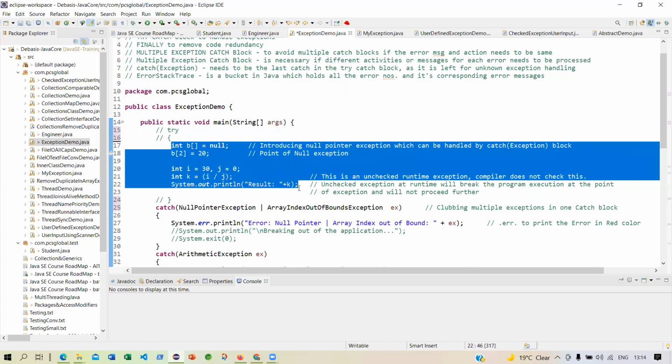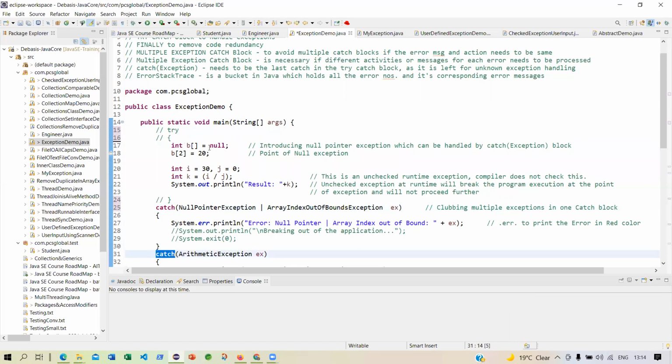If there is an error, I will not be able to handle it. Even if I have given catch, it doesn't matter, because I have not included it within the try. So this block will not be handled by this catch, even if there is a matching exception. So therefore, I would like to give a try.